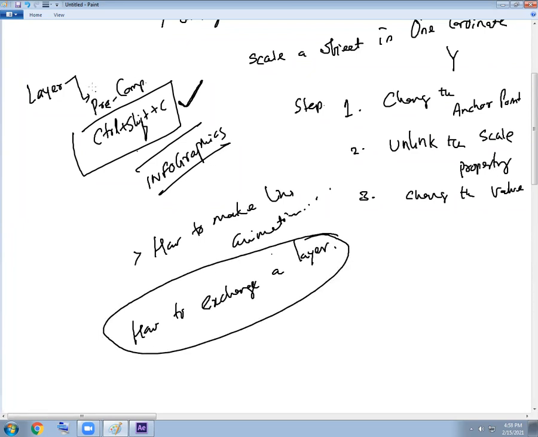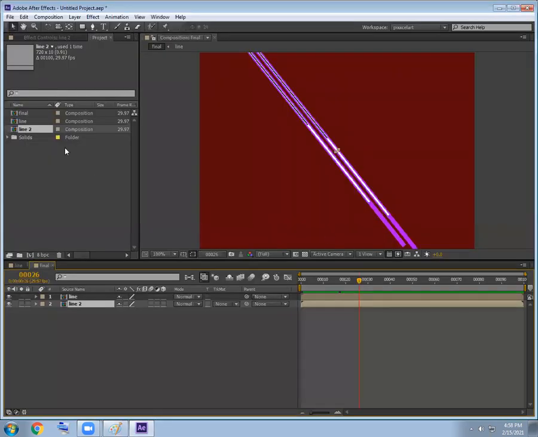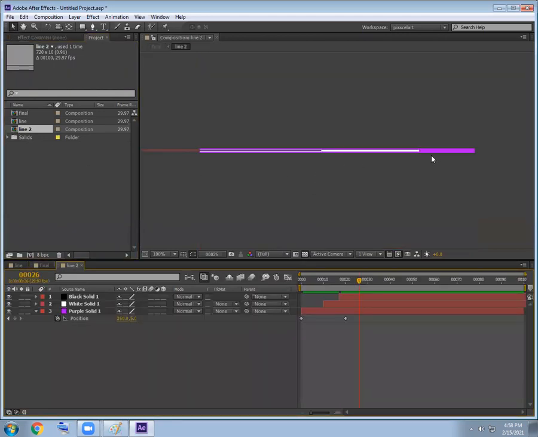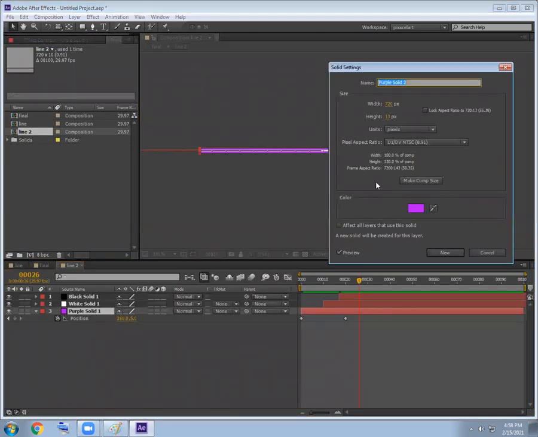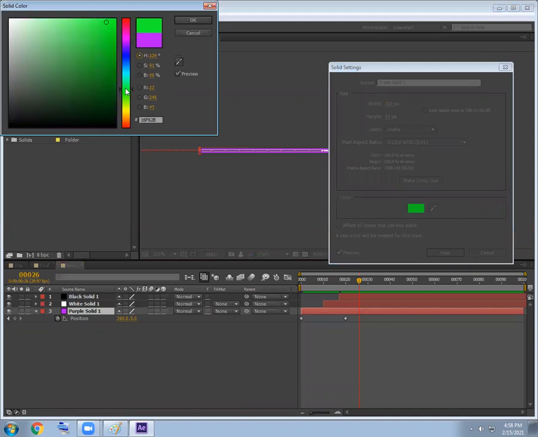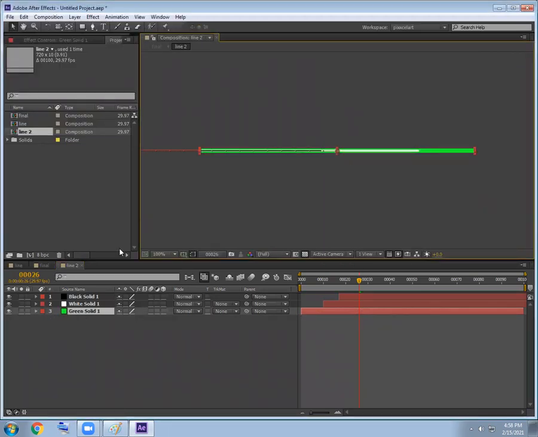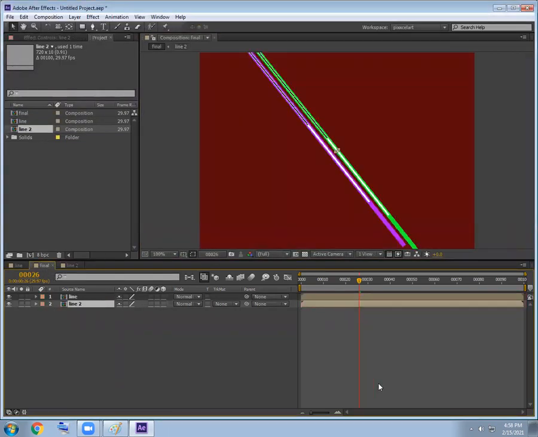What is a pre-comp? That is also an important topic. Why make a pre-composition? It is also an important point, there will be a question at your interview. Now double click on this, get this layer changed and see the result over here. Hope it is clear. So 2 lines, 2 different colors, get it changed.